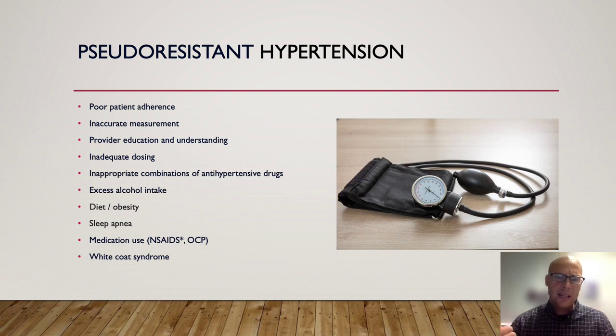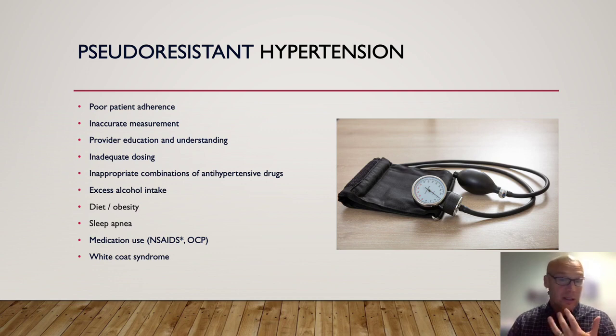So is the patient taking their blood pressure medications? Do they forget? Are they taking them regularly? How are they taking the measurement? Are they using those little wristband things? Typically those are not very accurate. Or are they resting for 15 minutes before they take it? Or are they up and about, saying I'm cleaning the house and now I'm going to take it, and it's elevated? Those kind of things are important. Inadequate dosing, the medications aren't dosed appropriately. The combinations are not exactly correct for a person's age, ethnicity, male, female. All those kind of things matter as far as choosing your